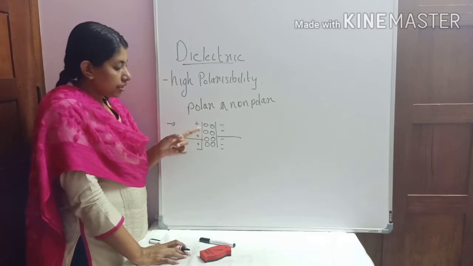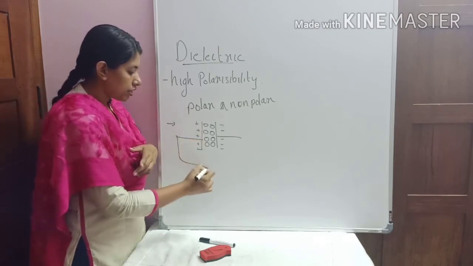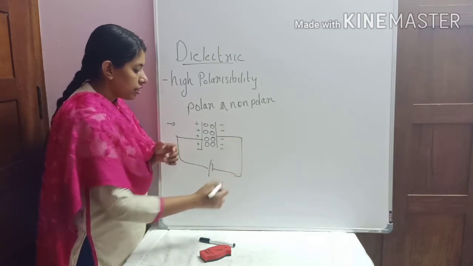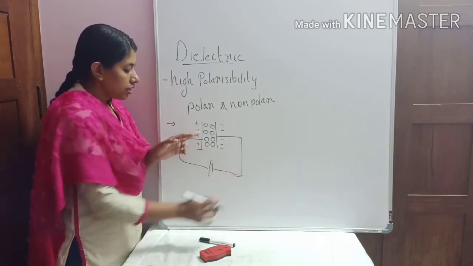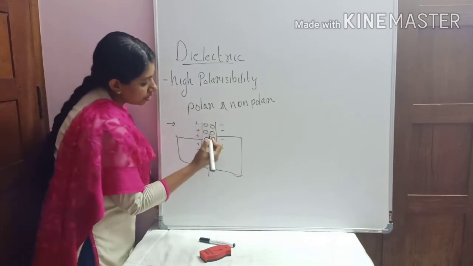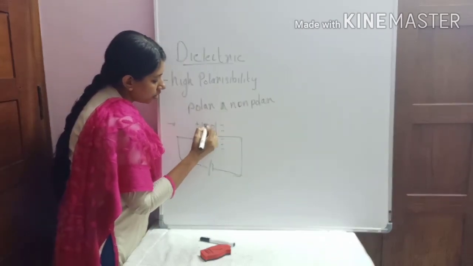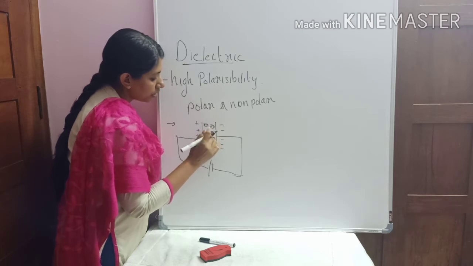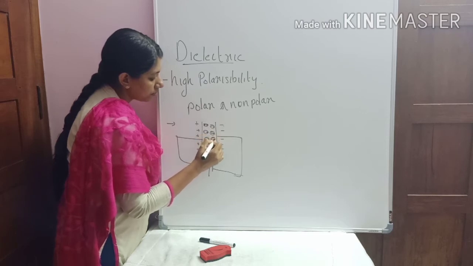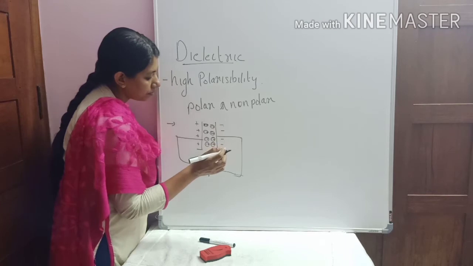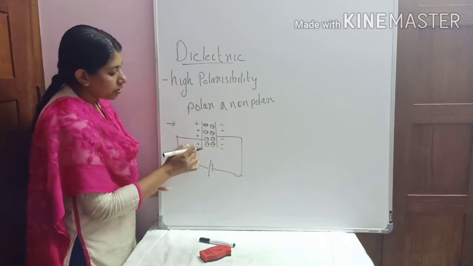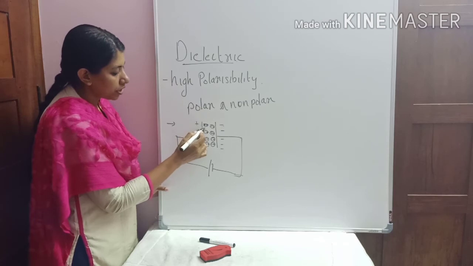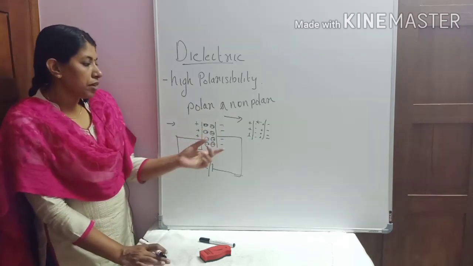Consider the capacitor like this, and we know that when the battery is connected across it, the capacitor will acquire a charge like this, right? When a dielectric is placed inside it, the non-polar molecule will shift, the electrons and nucleus will shift their position like this. So in effect the other side will acquire a negative charge, and here a positive charge, so this can be represented in this way.